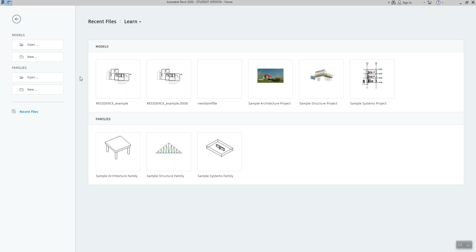Welcome to Chapter 1, Section 3, Revit Units. In this section, we're going to be talking about how to specify and set your project units in a Revit file. Before I start to show you how to do that, though, I do want to say that, generally speaking,